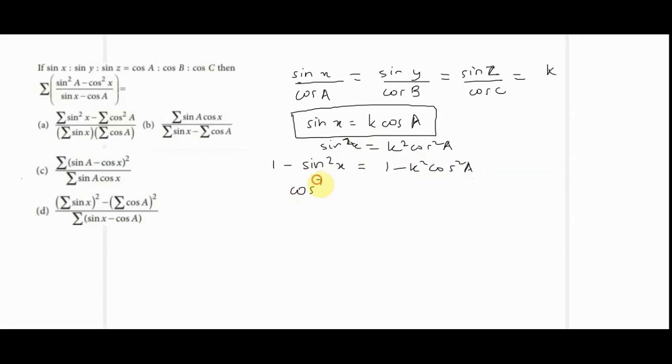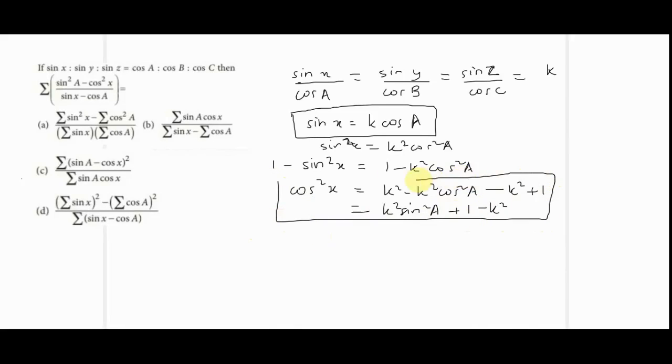This is cos square x on the left now. On the right hand side we have k square. It's 1. I added and subtracted k square. So I have k square common here, and 1 minus cos square a will become sin square a, just as we need in the question. Okay, and so we added k square here, so we have to subtract here, and we keep the remaining one. Now this is k square sin square a plus 1 minus k square. Okay, this is our other equation which we'll be using in this question.